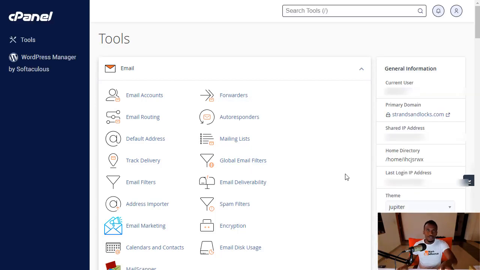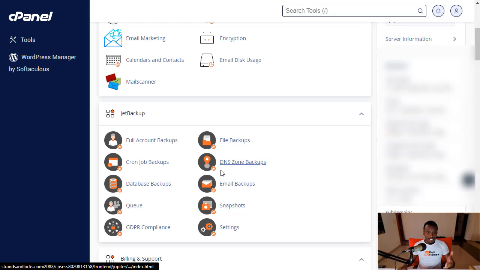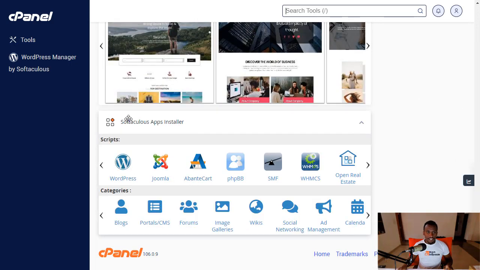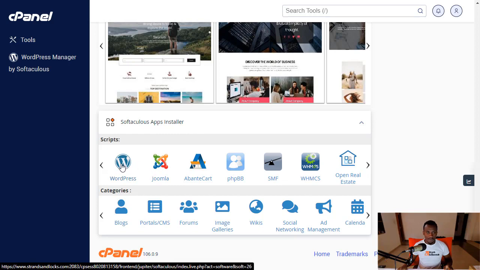Now this current view of my cPanel is called the Jupyter view. It's the brand new look of the cPanel. You might have the older look, but everything else remains constant. So all this content here, if you scroll downwards, you will find Softaculous apps installer, and one of the apps in there is WordPress. So click WordPress